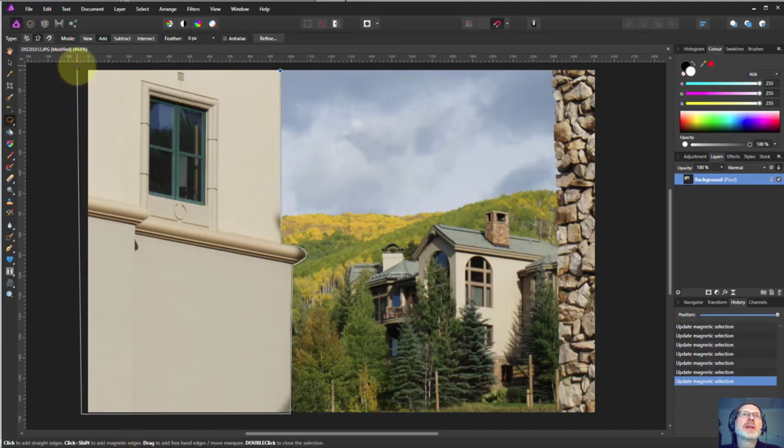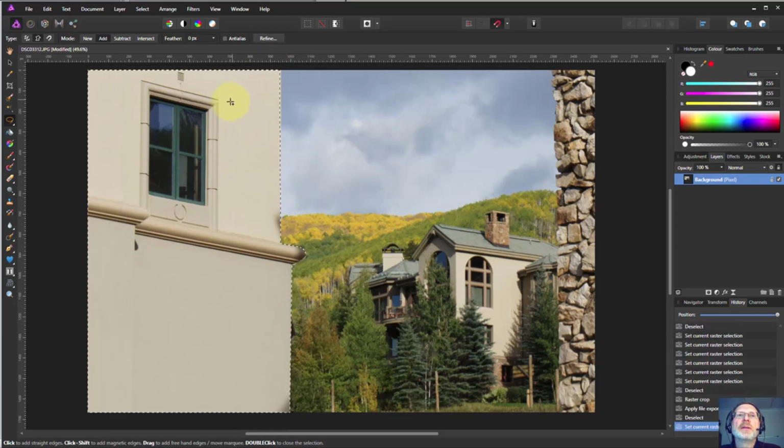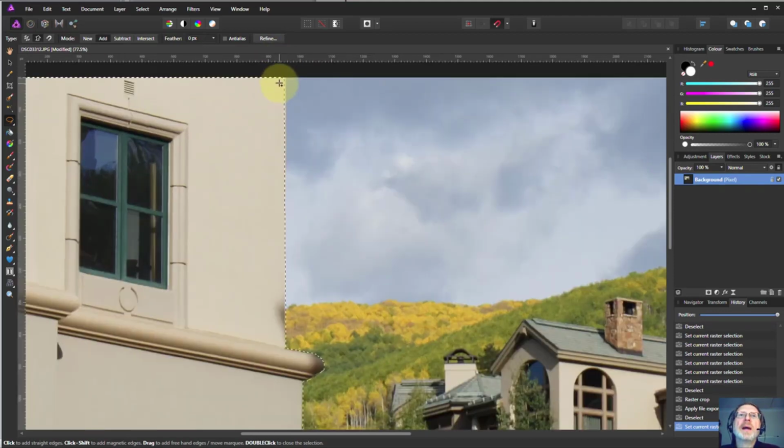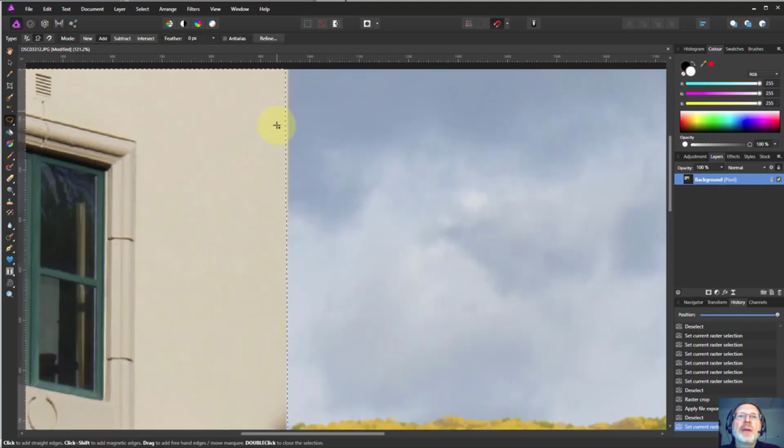Now I'm just clicking outside the picture and it'll figure that one out. And when I get to the end, if I double click, it will then zoom in straight to the last one. So double click and it'll fill it in. See the way it snaps into the edge there, and I've now selected this picture here. If I've missed a bit out there,